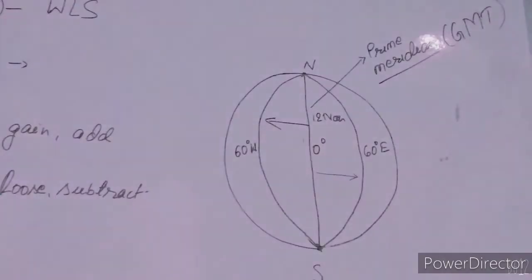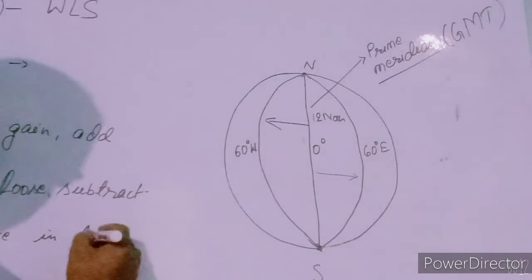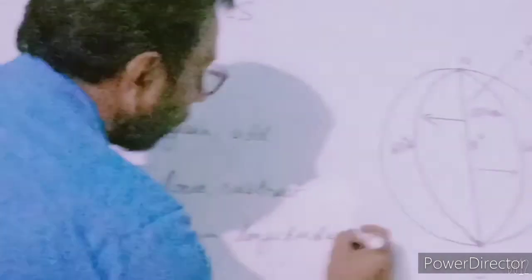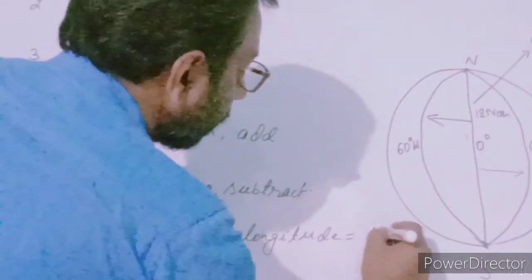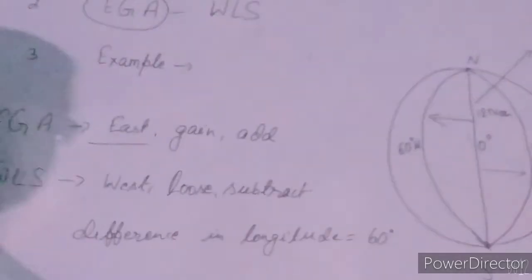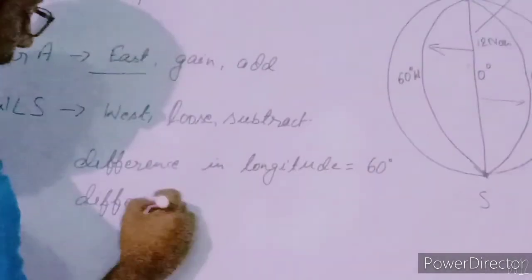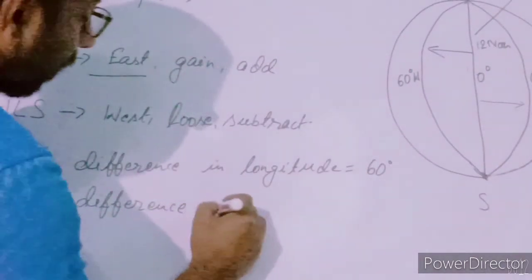We write: difference in longitude is equal to 60 degrees. Then we write difference in time